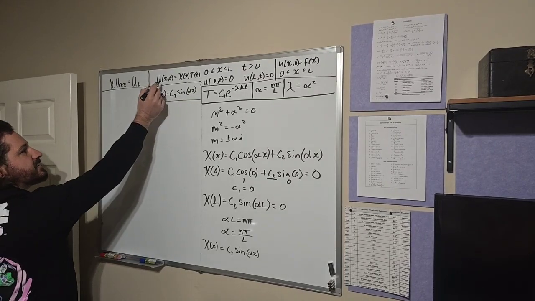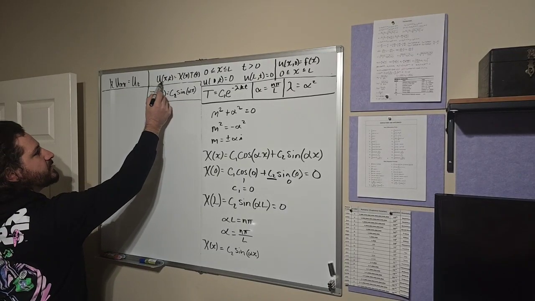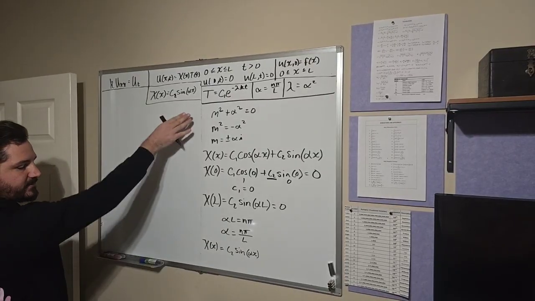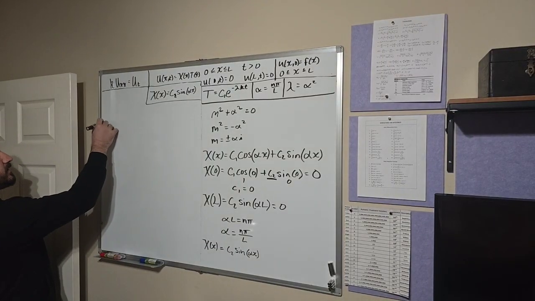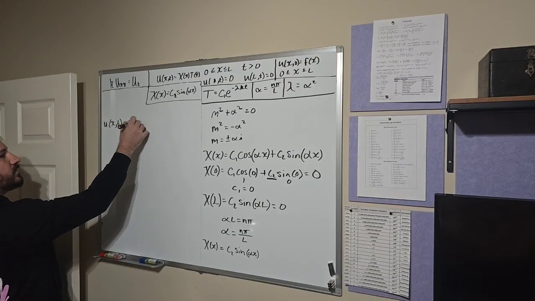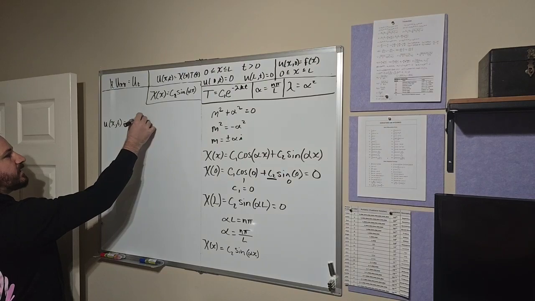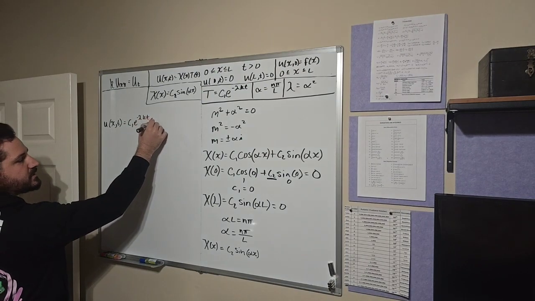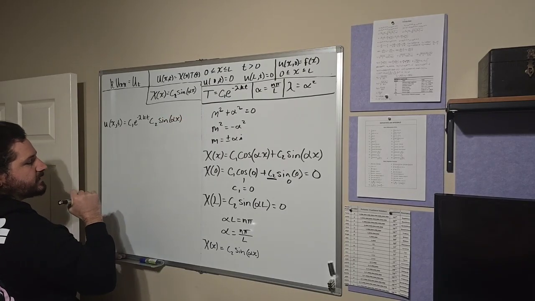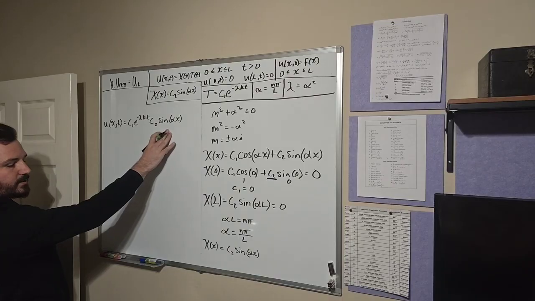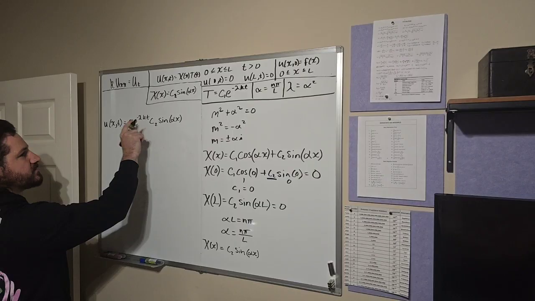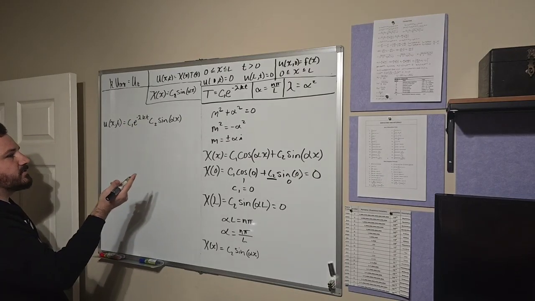So the reason we're multiplying these together is because this u function that we declared earlier to be able to separate the PDE was x times t. So now that we have an x and we have a t, we're going to multiply them together. So we're going to have u of x and t again, and that's going to be equal to c1 e to the negative lambda kt times c2 sine of alpha x. And that's it. So this is what we're going to start working with for the rest of this problem. We already know we can plug some stuff in for alpha, we know we can plug some stuff in for lambda, but we have one more initial condition we need to deal with,